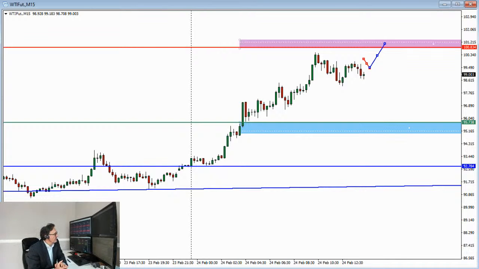But I'm not really tempted to do that, because I think we are at overextended levels. I wouldn't short oil at the moment, but I'm waiting for a better price, and that might be around the 95.70 area. So somewhere down here. I don't have the order at the moment. I don't have anything decided, but maybe something like that. Maybe something like that with crude oil. Okay.